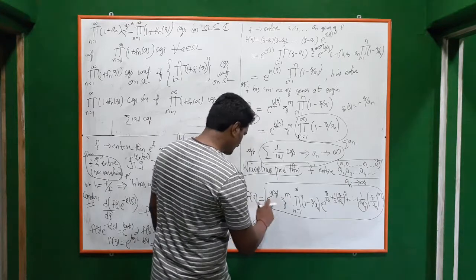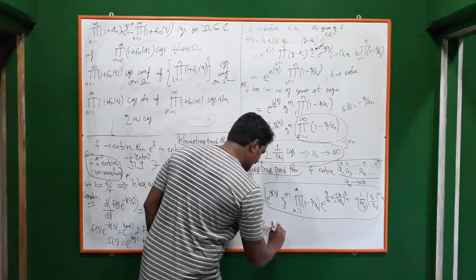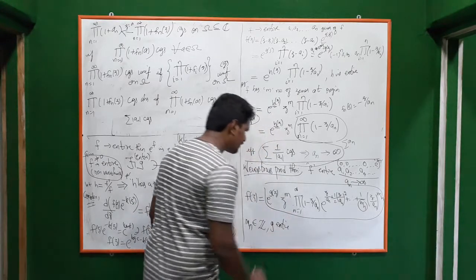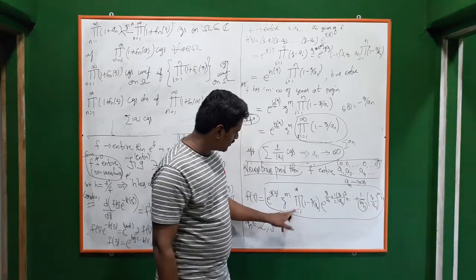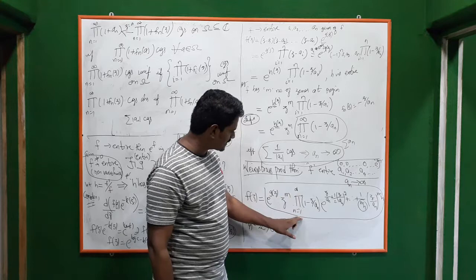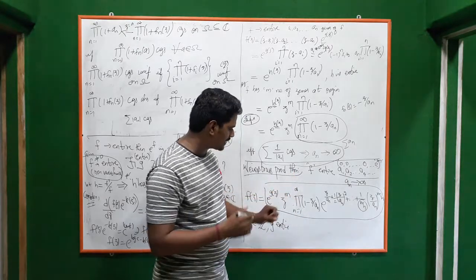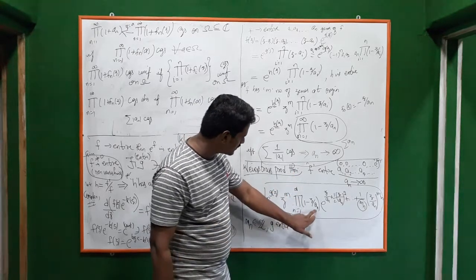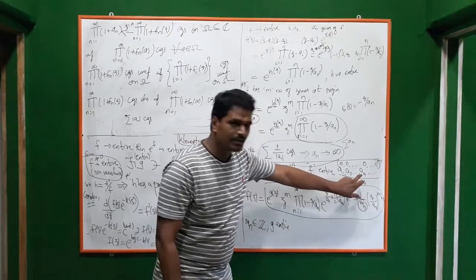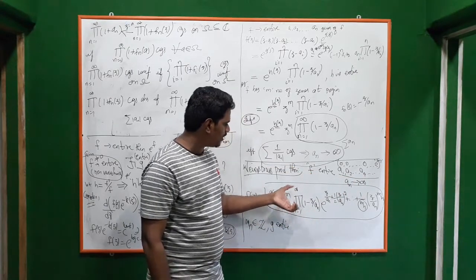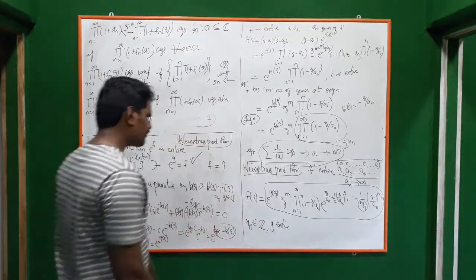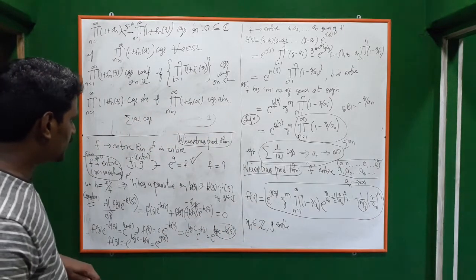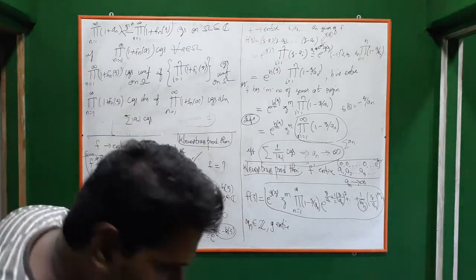And what else? g is an entire function. The main thing is that this product is taken over n from 1 to infinity. We just say n from 1 to infinity, but actually it depends on this sequence, the a_n. So this product is taken over all the zeros of f. That's all. So we will start proving the Weierstrass product theorem.